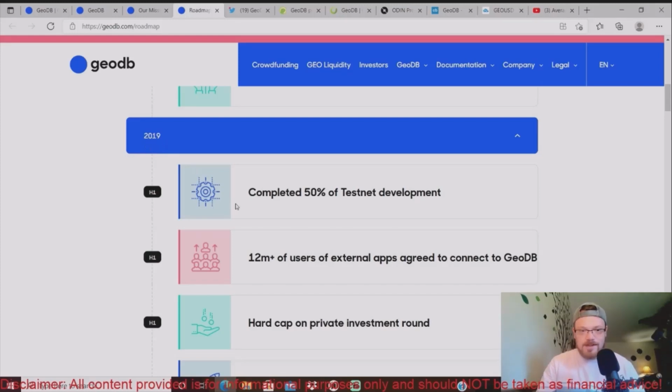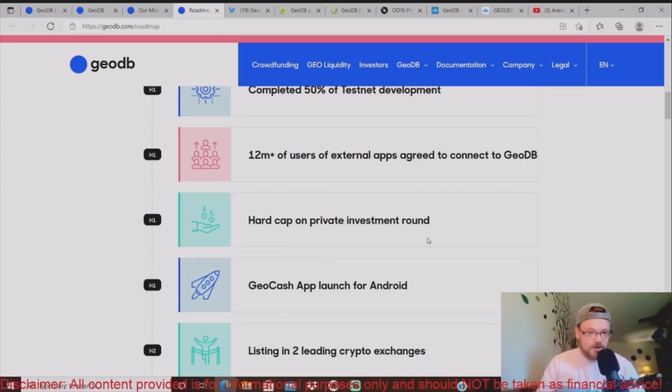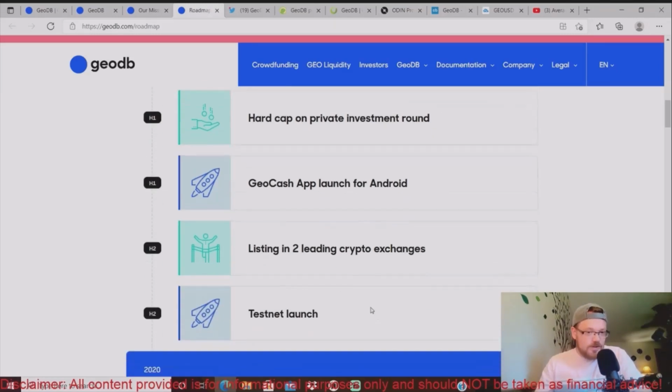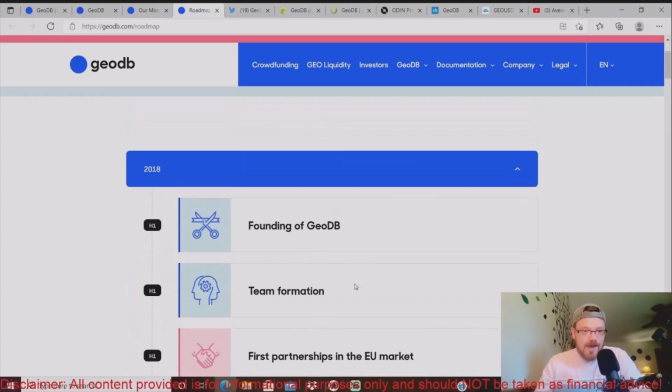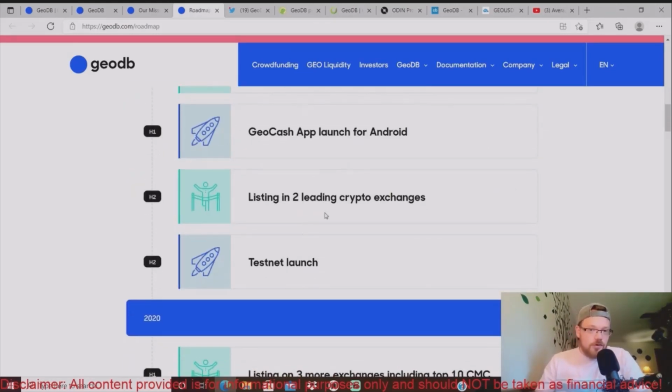The next is 2019, completed 50% of testnet development, 12 million plus users of external apps agreed to connect to GeoDB, hard cap on private investment round, GeoCash app launched for Android, so that happened in 2019, guys. Listing on 2 leading crypto exchanges. So they were founded in 2018, and by 2019, they were listed on 2 leading crypto exchanges and had their testnet